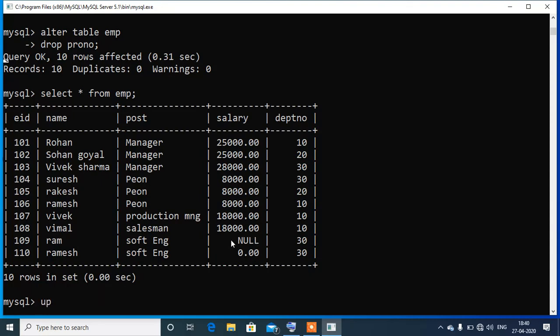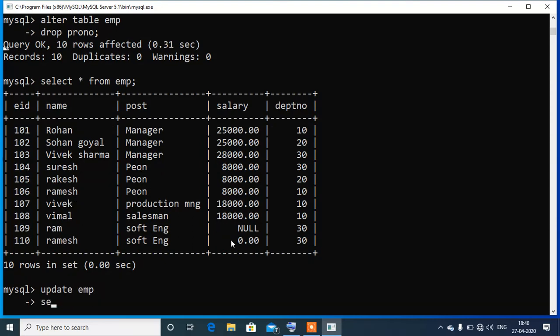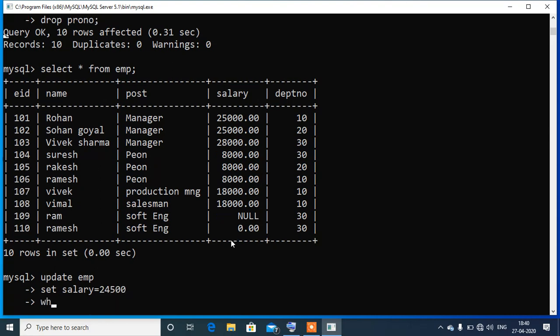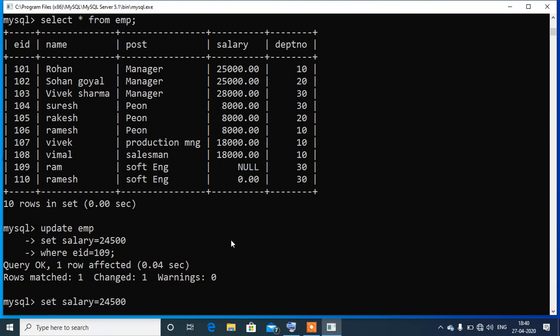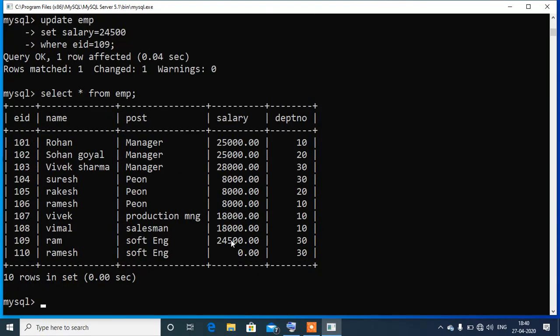For that I am writing UPDATE emp SET salary = 24,500 WHERE EID = 109. Okay, now see the table again. Here the change has been done.